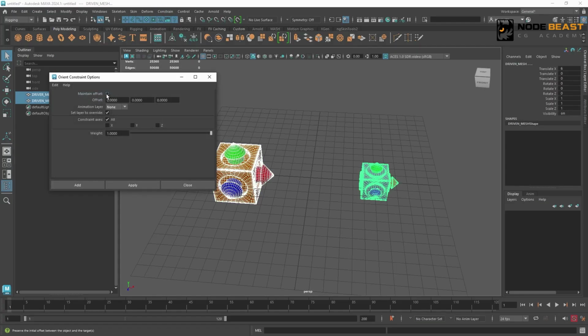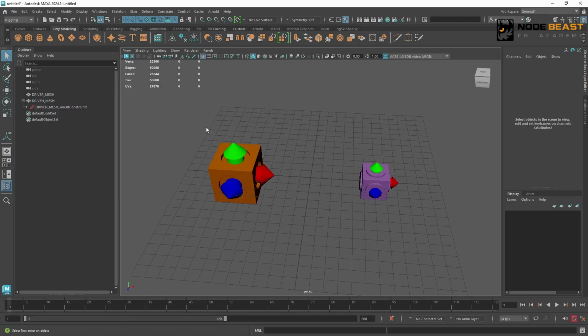We can turn off maintain offset, or if our driven object itself has some rotation values, we can also check this to maintain that offset. It just depends on the behavior we want. Then click apply. So here we can see from the outliner that it's no different from our previous parent constraint